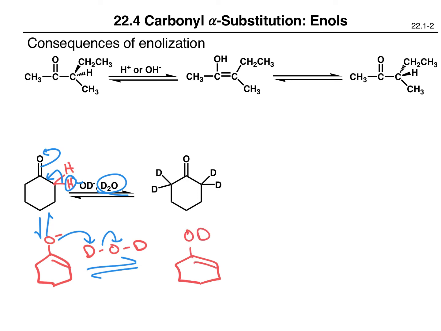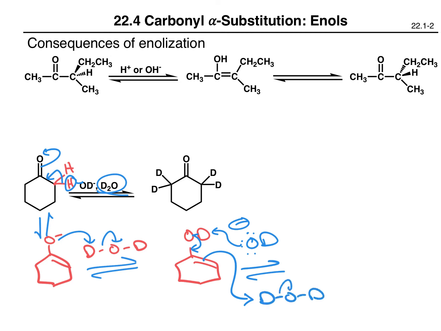some of this, but more importantly, when this tautomerizes back or isomerizes back to the keto form, if the base grabs off this deuterium, allowing these electrons to fold in here, and these electrons are going to grab off a proton, but it's not going to be a proton, it's going to be a deuterium, putting these electrons here. Now what does that give us? We have our carbonyl back, but over here we have one hydrogen still connected, but the other one is now